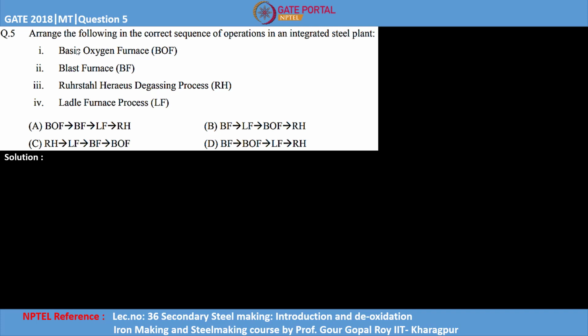This is question number 5 of GATE 2018 Metallurgical Engineering. Arrange the following in the correct sequence of operations in an integrated steel plant: basic oxygen furnace, blast furnace, RH degasser, degassing process, ladle furnace process. So we have been given 4 different operations in an integrated steel plant, and we have to arrange them in